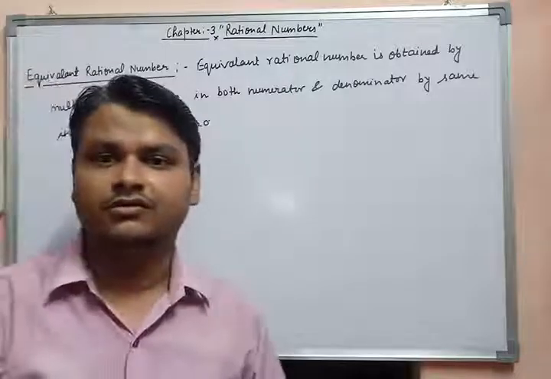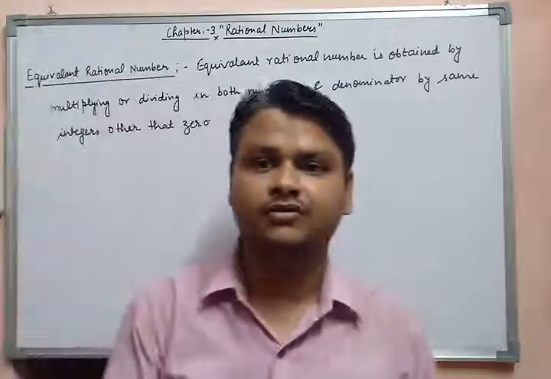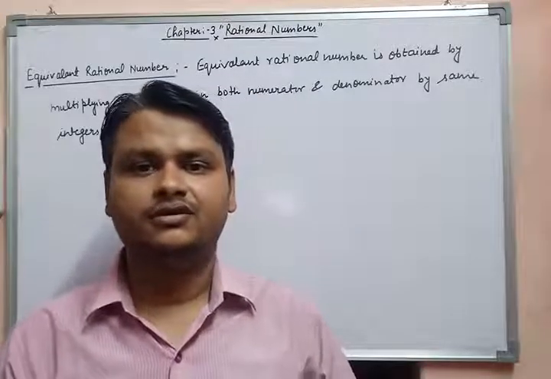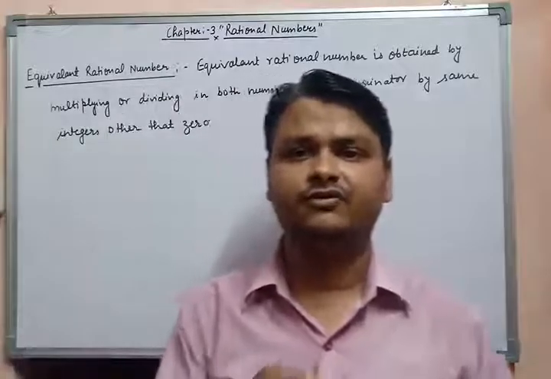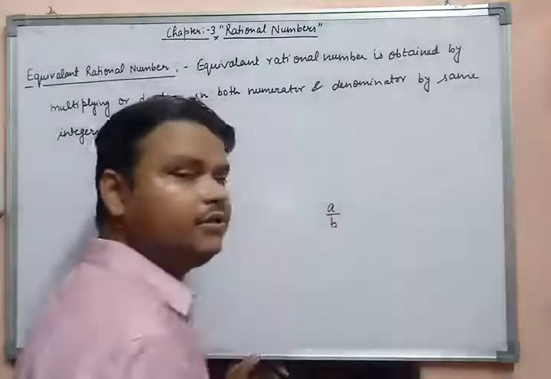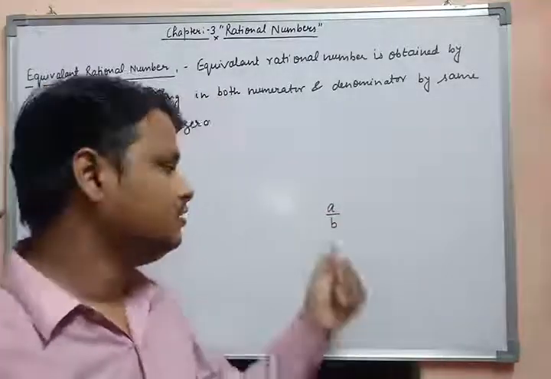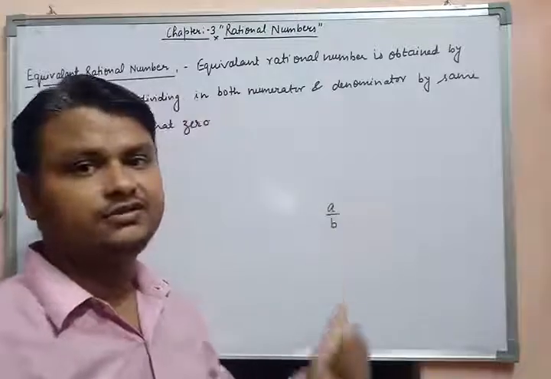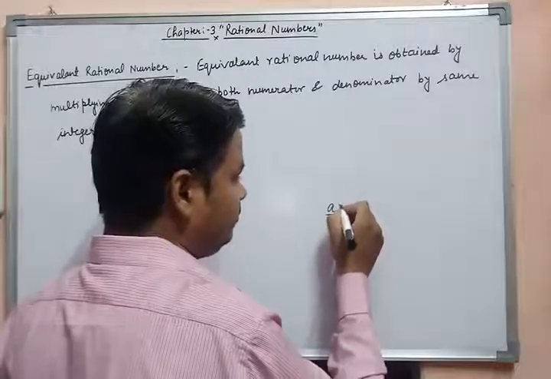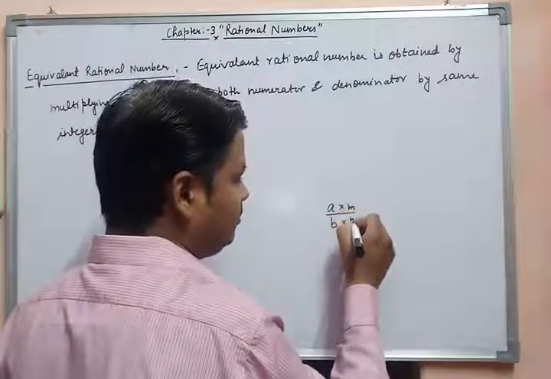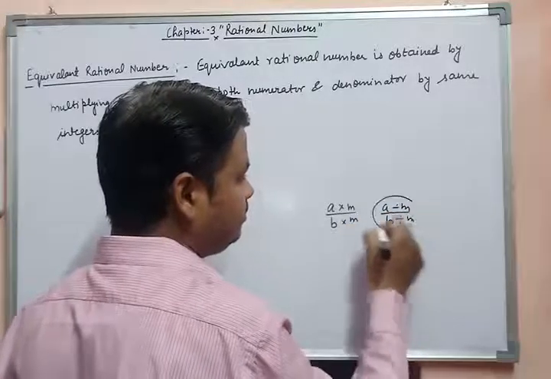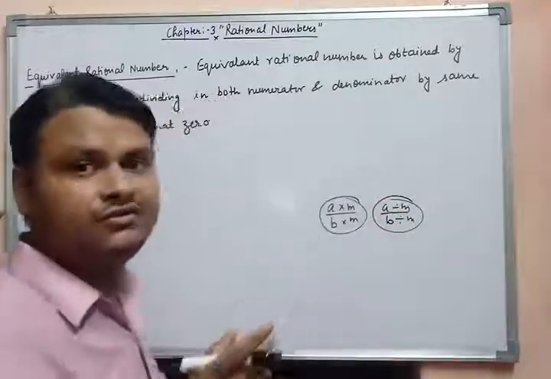first of all you have to know how we can find an equivalent rational number of any rational number. So students, if you are given a upon b rational number, and you want to find an equivalent rational number of it, then you have to multiply or divide by the same integer other than 0. It means